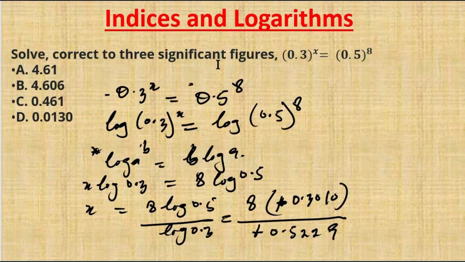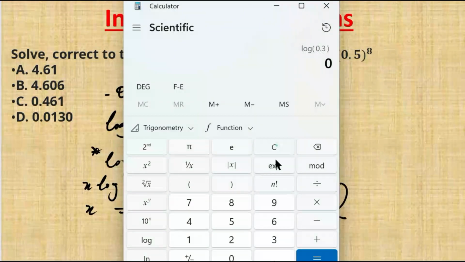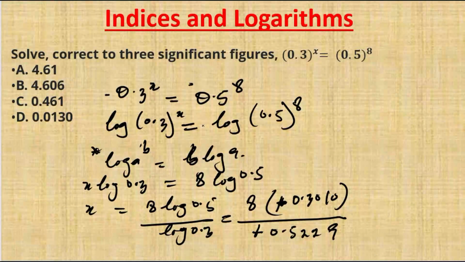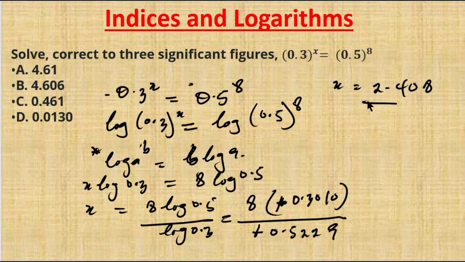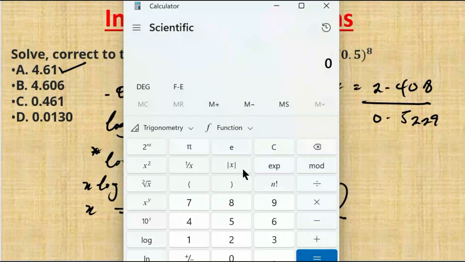So I'll be multiplying it by 0.301, so that I have 8 times 0.3010, which is the same thing as 2.408. Now that means my x now will be 2.408 all over 0.5229. Now so I'll have 2.408 divided by